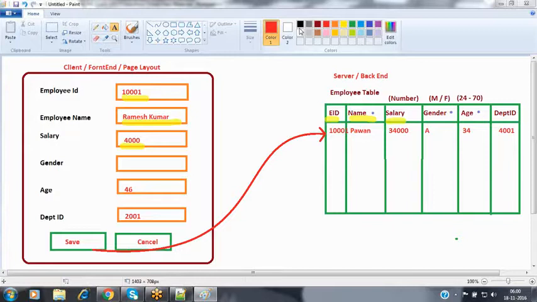Now, the second one: instead of validating the data at the browser level, I want to validate the data at the server level. So why? Because in Salesforce, if you want to create a record inside a Salesforce object, not only the page layout, we have multiple ways. If you want to insert records into this table, we can use the page layout also. But by using the page layout, how many records can I insert at a time? Only one. After creating the first record, then one more record, and then one more record, like that, one by one, we can create the records.